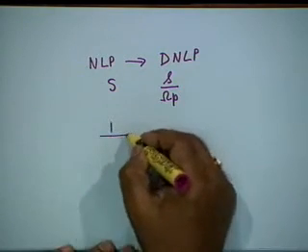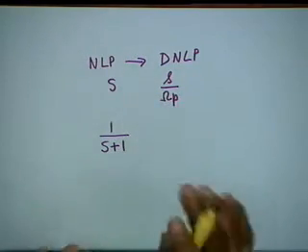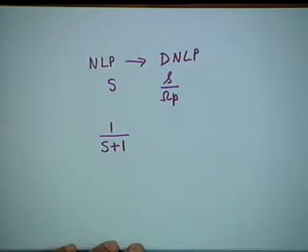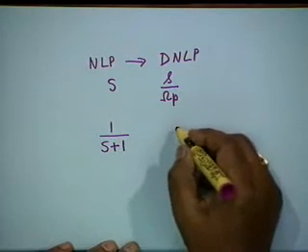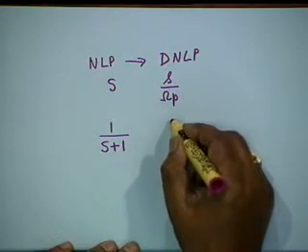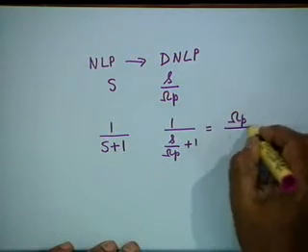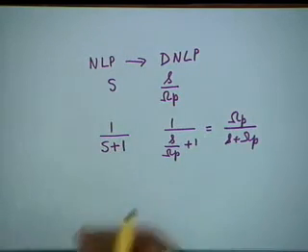For example, if I have a first order Butterworth filter, first order Butterworth or Chebyshev or any other first order, only one kind of filter is possible, 1 by S plus 1 having a cutoff frequency at 1 radian per second, 3 dB cutoff, and if we want a cutoff of omega p, then the denormalized low pass filter would be 1 by S by omega p plus 1, which is equal to omega p divided by S plus omega p. Indeed, it is a first order filter with a cutoff frequency at omega p. All right. Now things are not that simple when you go to other kinds of filters.